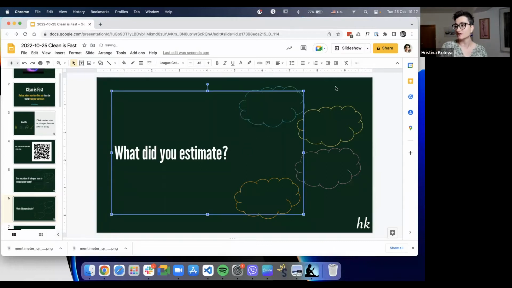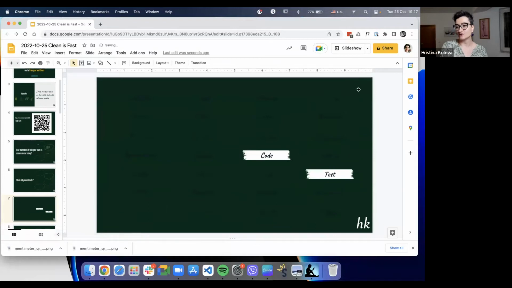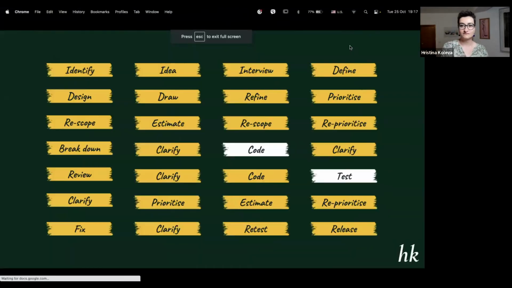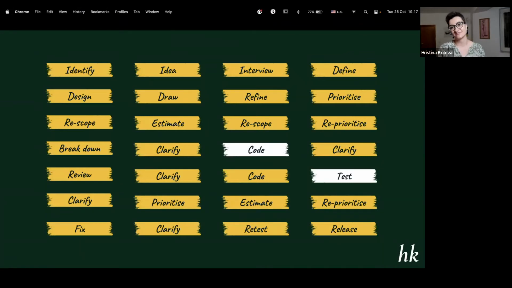This is my point today: when we're asked how much will it take, we're only considering coding and testing. Eventually, if there are testers; if there are no testers, only the coding part. The truth is, this is a standard daily development process for a user story.